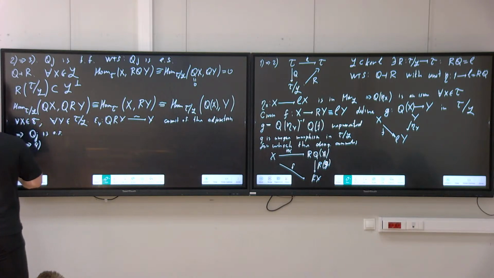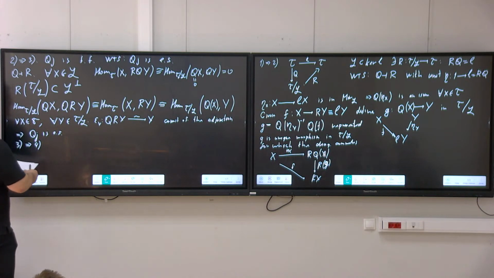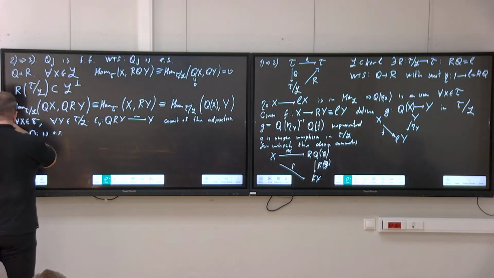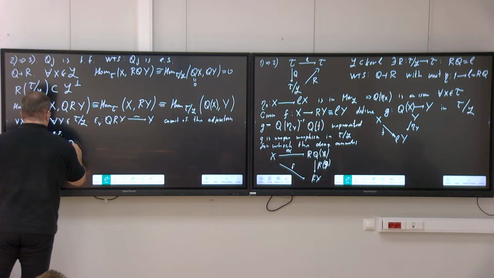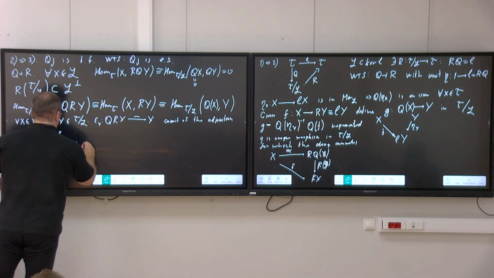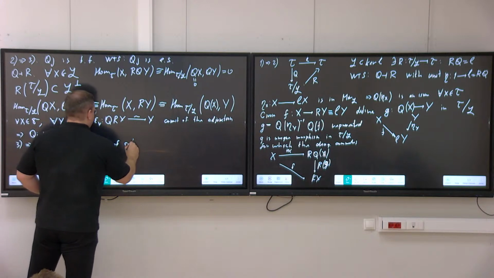Okay, so 3 implies 4. In 3, let me remind you, we know that the composition of Q and J is an equivalence of categories, and the goal is to construct the left adjoint to the functor J, and also there is this identity for the subcategory L. We're going to do this separately in 2 steps. First of all, since I know that the composition of Q and J is an equivalence of categories,